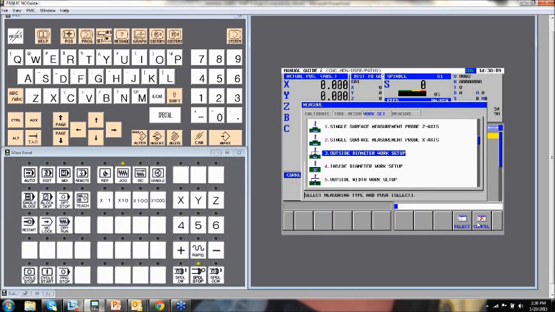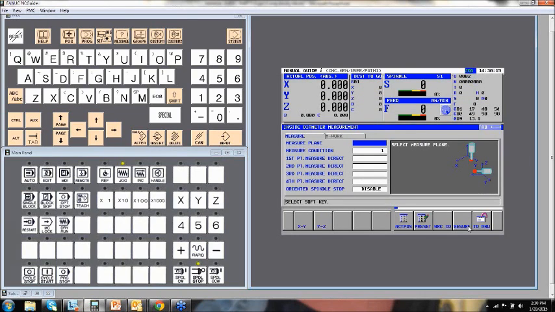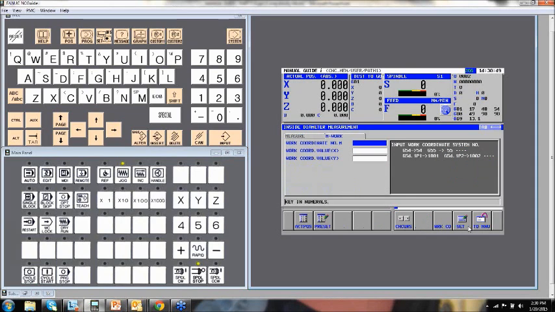Then if we go back, also within that, we can do the same thing if we've got a hole in a part. But again, to emphasize the simplicity of Manual Guide i, just like I've been preaching the previous 4, once you've seen one of these cycles, they all look similar. So your operators or your programmers, they'll get to where they're so comfortable with using this, it'll make it very simple. But again, if we're going to do an inside measurement, you got a measure plane, a condition, and then the 4 points again. It's just we're on the inside again. You tell it the work offset that you want to use,